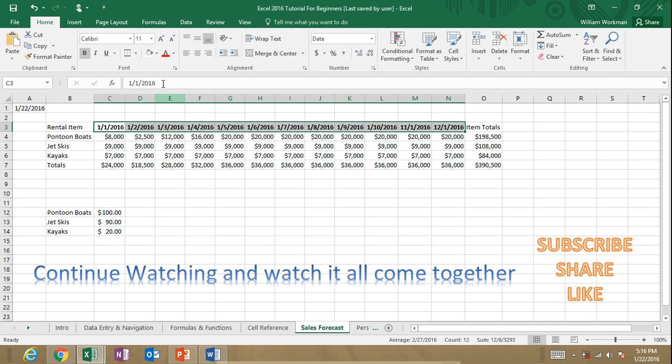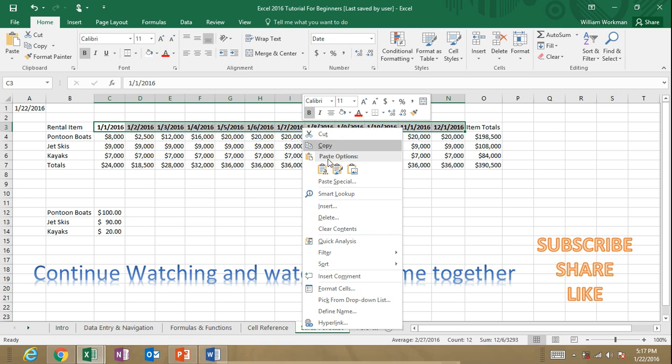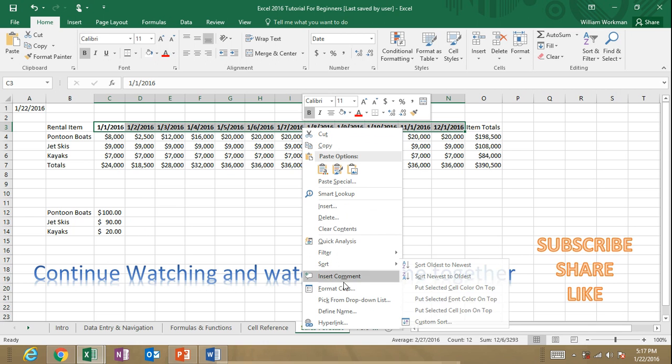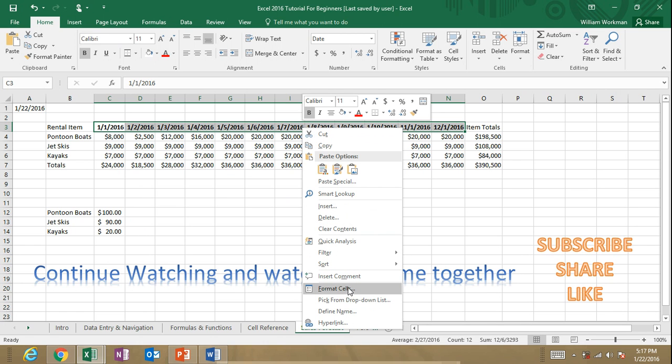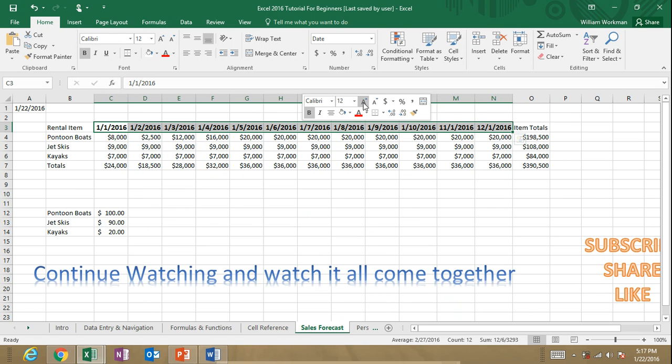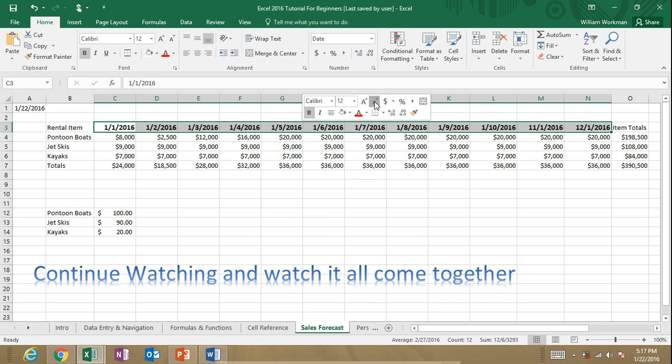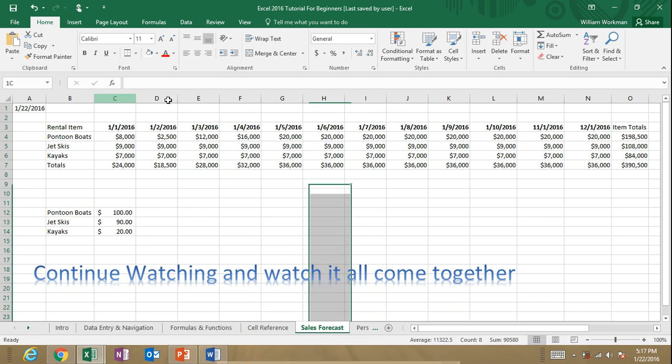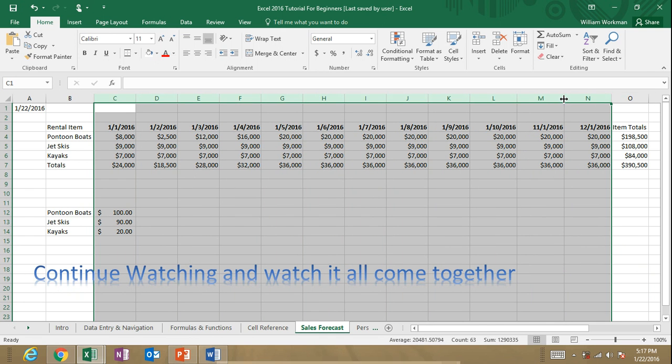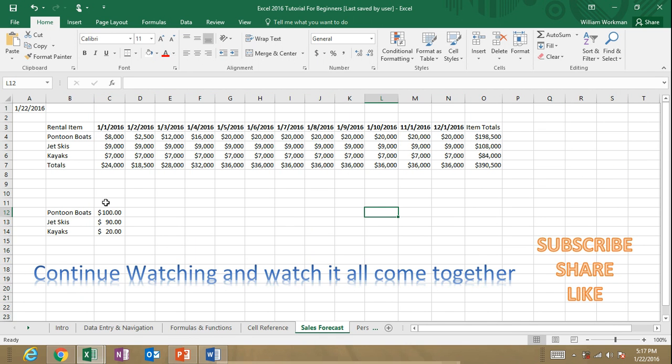But anything that you'd want to change, you can access right up here on the ribbon, or by right clicking your mouse. You can get a quick access toolbar, and you can format cells, or up here you can format your content. You can make it bigger, smaller,